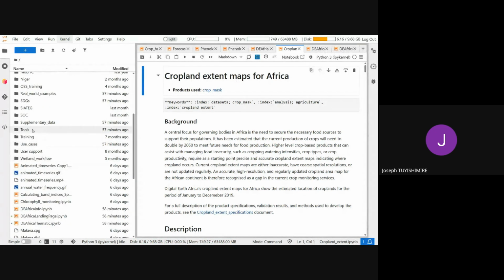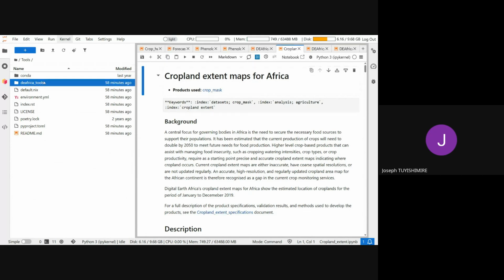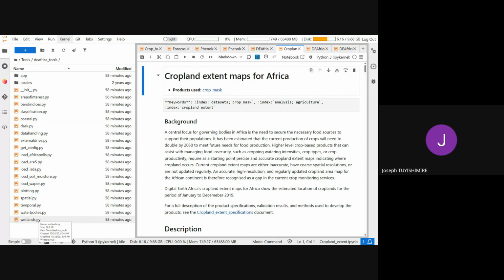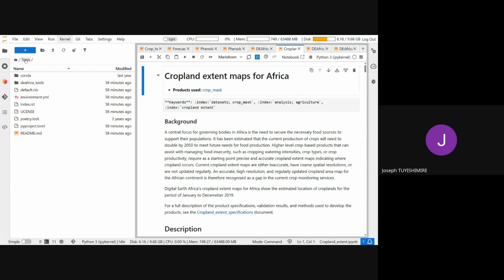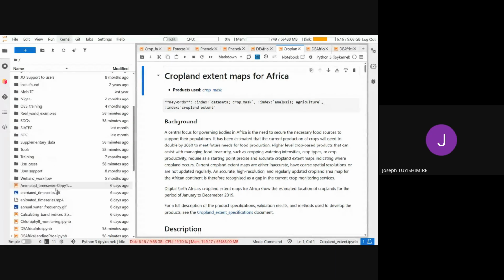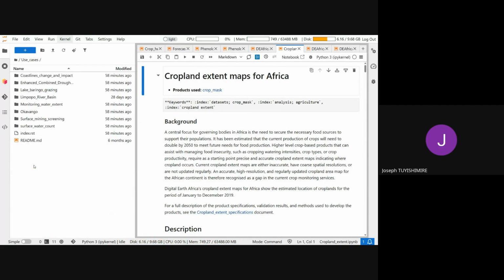And tools, some important tools we are using on the Africa platforms, and also we have the use cases through which we are sharing some notes, some codes, even results for people who judge better to share to the community of users. Of course, they should be first of all checked and validated by the Africa Science team.